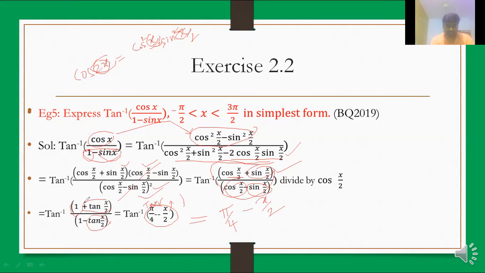Here, can I write this one as tan 45? Beside tan x by 2, can I also write 1? Nothing will happen. That 1 can be written as tan 45. So tan 45 plus tan x by 2 over 1 minus tan 45 tan x by 2. So that is the tan a minus b formula. Clear? So we can write it as tan of 45 minus x by 2. Finally, tan inverse tan cancel. So this is the answer for this question.